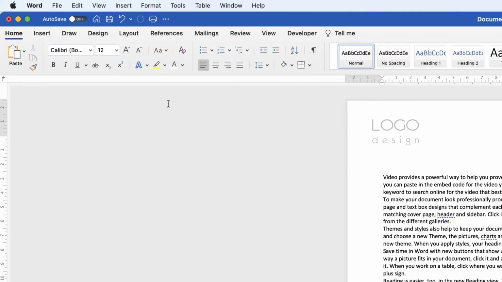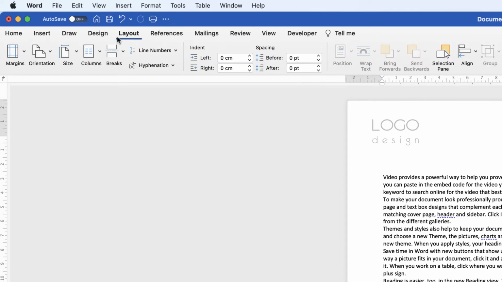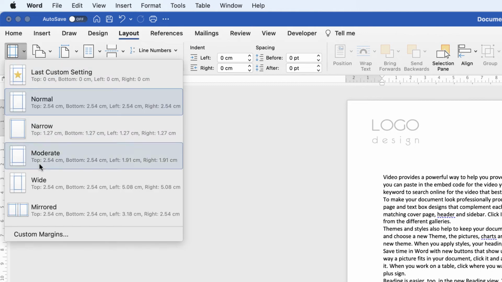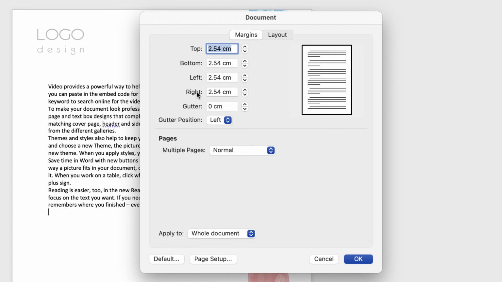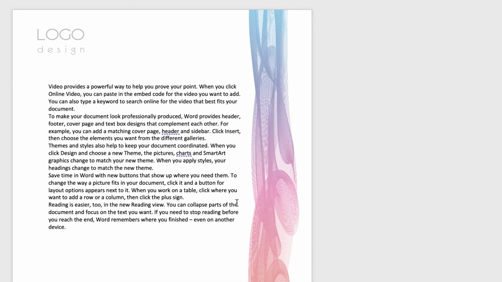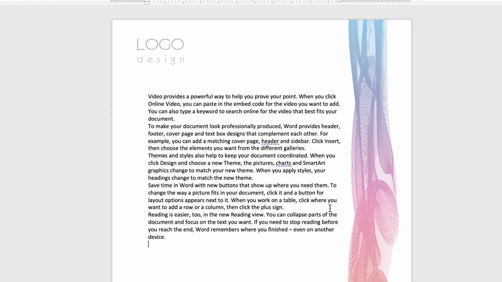So for example, if you go to Layout and you go down to Margins, you can go down to Custom Margins here, and then you can make your right margin far wider. So let's, for example, put this to 5 centimeters. I know it's a bit extreme. Let's just put it to 5 centimeters, and then you can see what happens. Actually, it worked out quite well. So if you adjust your margin, it will push it over to the left,